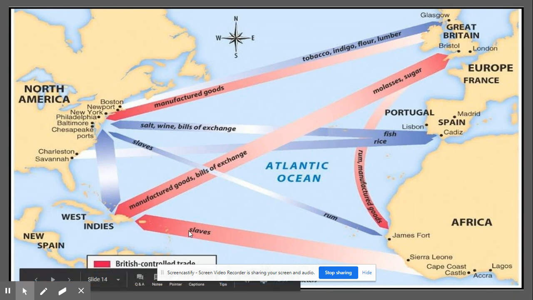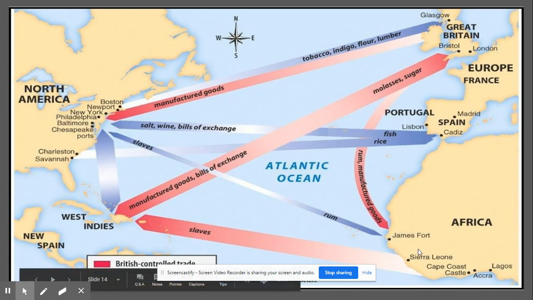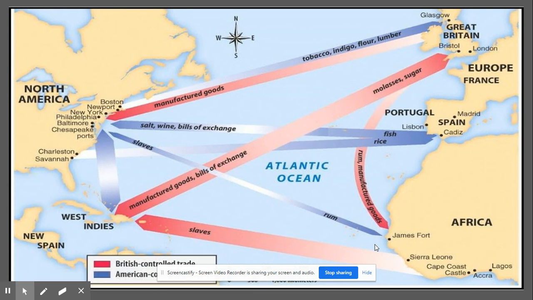Terrible thing. Okay, if you'll notice, from here to here is what we're also going to know as the Middle Passage. It is a very horrible thing, guys. Terrible. This is when they packed slaves by the hundreds, the thousands onto ships so close that you couldn't move. So imagine you had to ride a boat where you didn't see daylight. You couldn't go anywhere off the boat to use the bathroom. These slaves had to use the bathrooms on top of themselves.